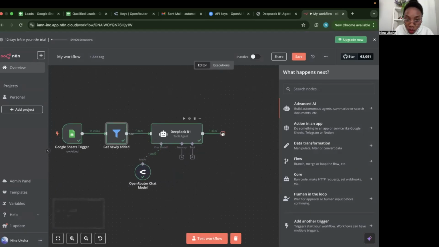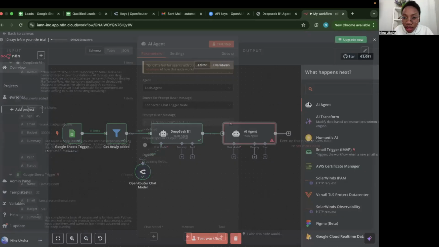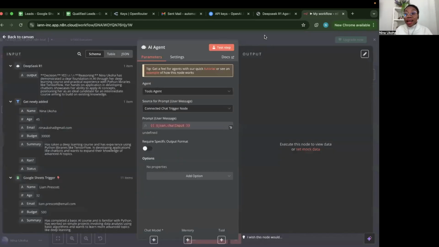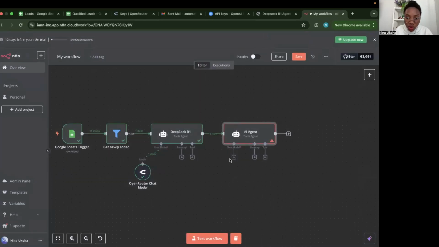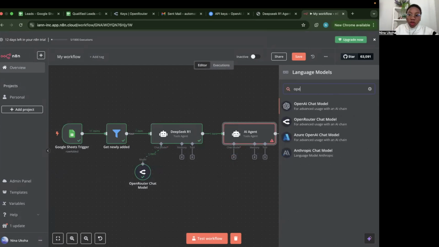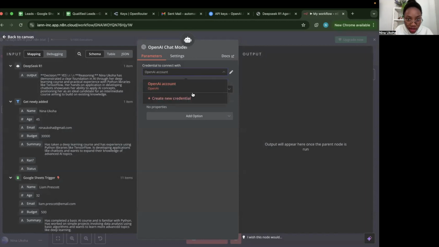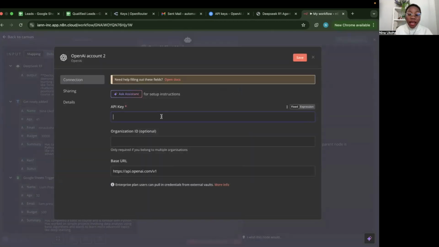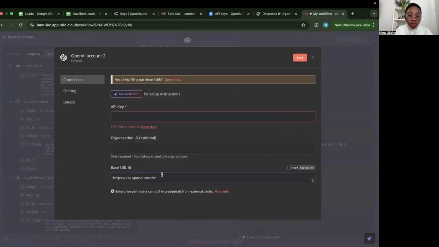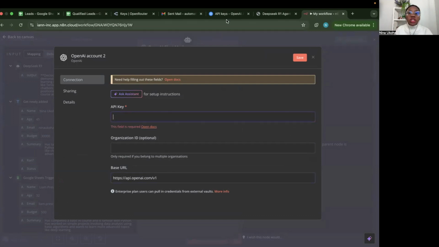So for our next module, we want to add another AI agent. So I'm just going to type AI agent. And then this agent is going to be an OpenAI agent. So I'm just going to click chat model. And then I just want it to be OpenAI. Double click that. Just going to connect this. So we have new credential and we need API key as well as a base URL. The base URL is already here for us. So we're just going to go to